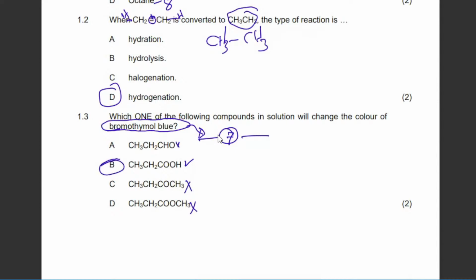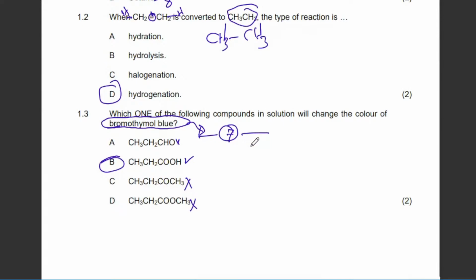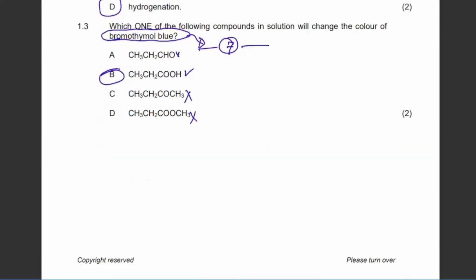If you look at it, first of all, it's an organic compound. Therefore, its ionizing power is low. So it means that it does not dissociate completely when dissolved in water. So its pH is a little bit higher. So it is a weak acid. So the answer becomes B. Then they are saying